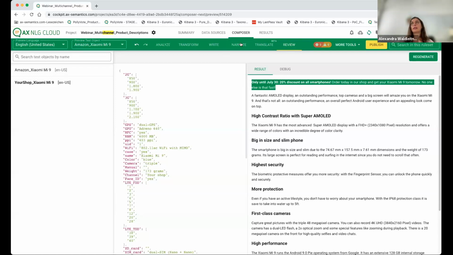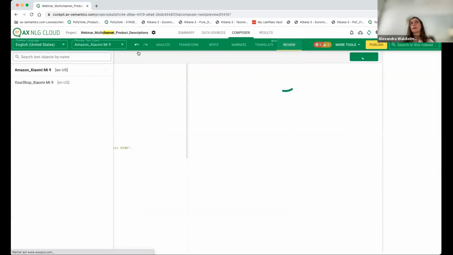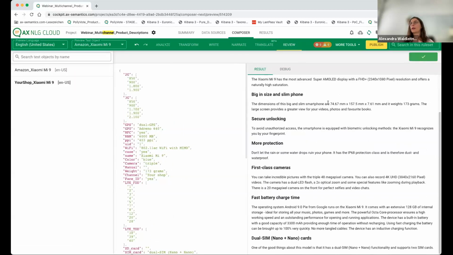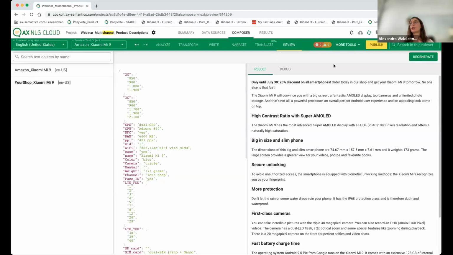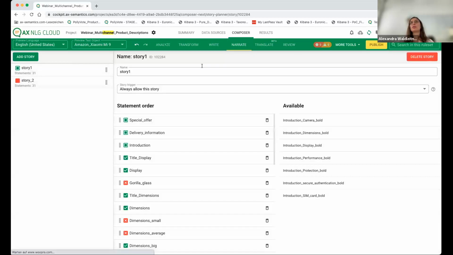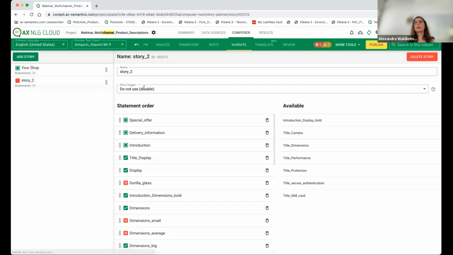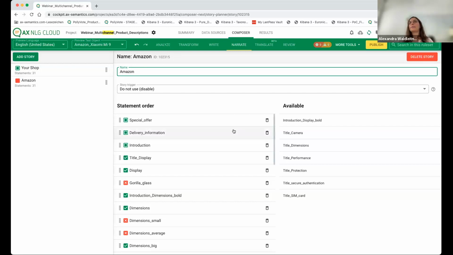We have to create another story for our Amazon. So story 1 is the story you have seen here. Story 1 is chosen, is activated at the moment, and the texts are generated with this story. Then I have story 2. That should be the story for Amazon. So in the first step, let's just rename it. Okay, so what I have here is a copy of